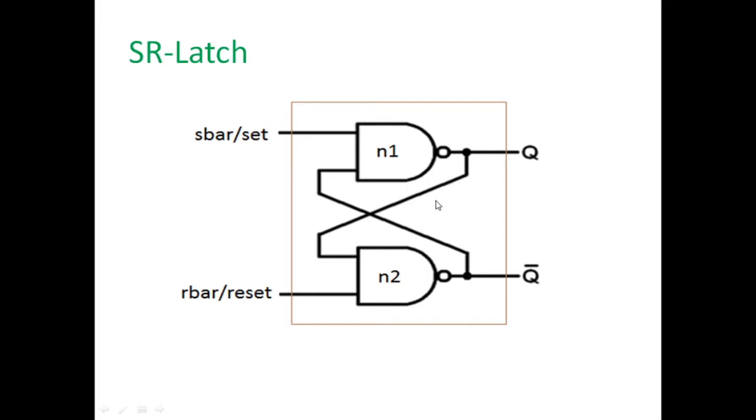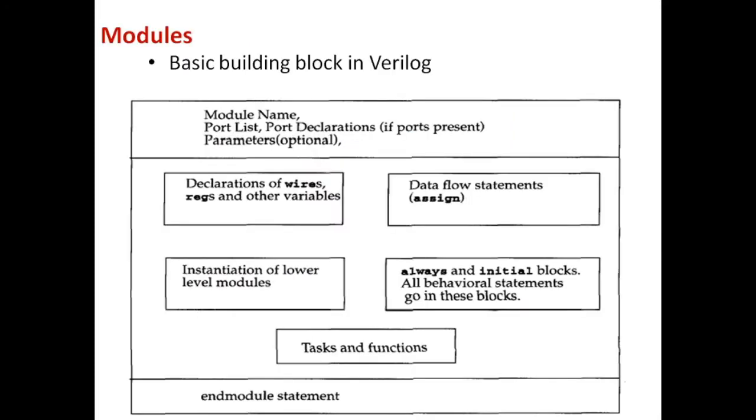Especially whenever you are going to define a module, there will be 5 components in a module. So what are the 5 components here? We can see declaration of wires or reg, that means variable declarations, and there will be some dataflow statements like this. And of course there will be some structural abstractions which you can find. Apart from it, we will be seeing the task and function.